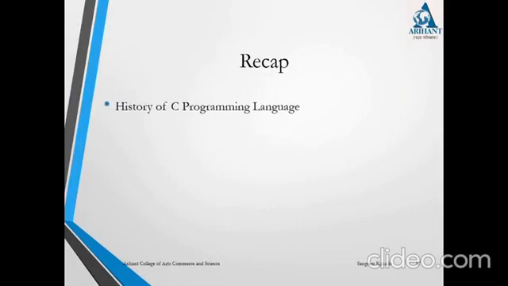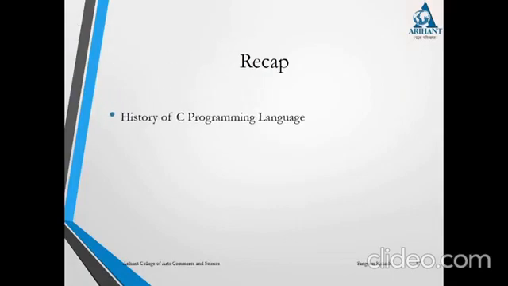First, we have seen a brief history of the C programming language. Second, we have seen a few features of C like C is a simple programming language. It is platform independent, it is a mid-level language, a structured programming language. We have seen memory allocation, dynamic and static. Then we have seen it has an extensibility mechanism and so on.